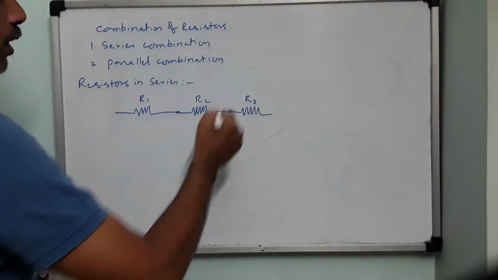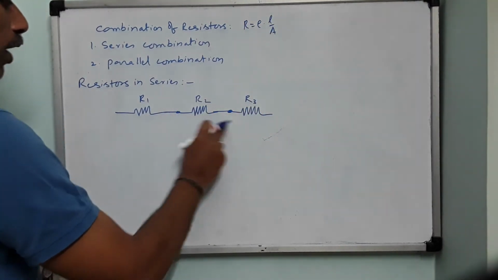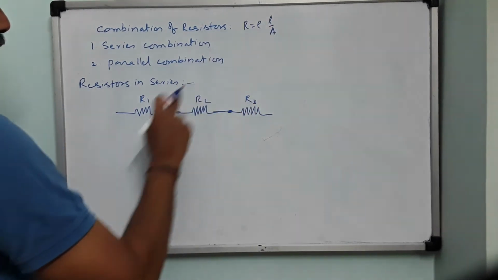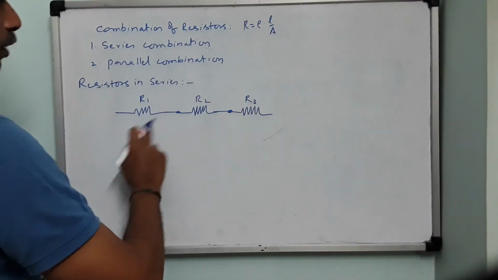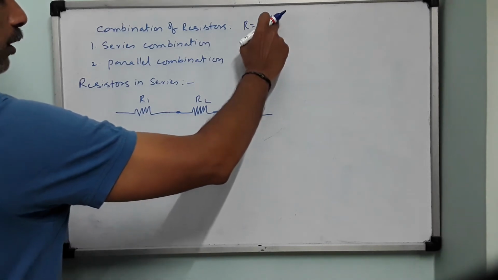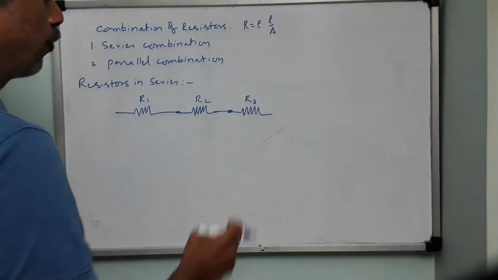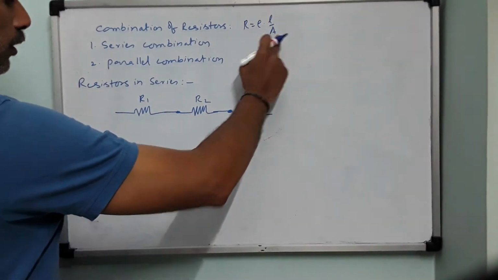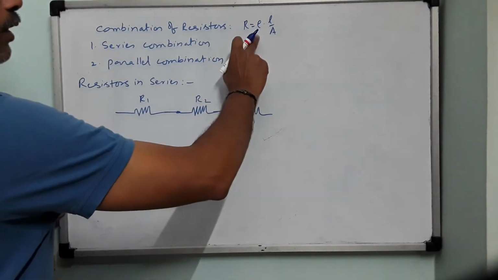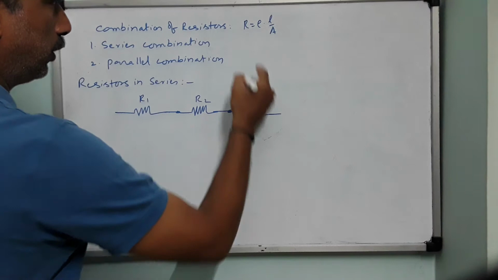These have different resistances because we have the formula R equals rho into L by A. If all of them are made up of the same material, then rho will be the same. If they have different lengths with the same area of cross section, they will have different resistances. If they have different areas of cross section with the same length, then also they will have different resistances. If all of them have the same length and area of cross section, definitely they should have been prepared by materials of different resistivity. Like that, the resistors can have different values.